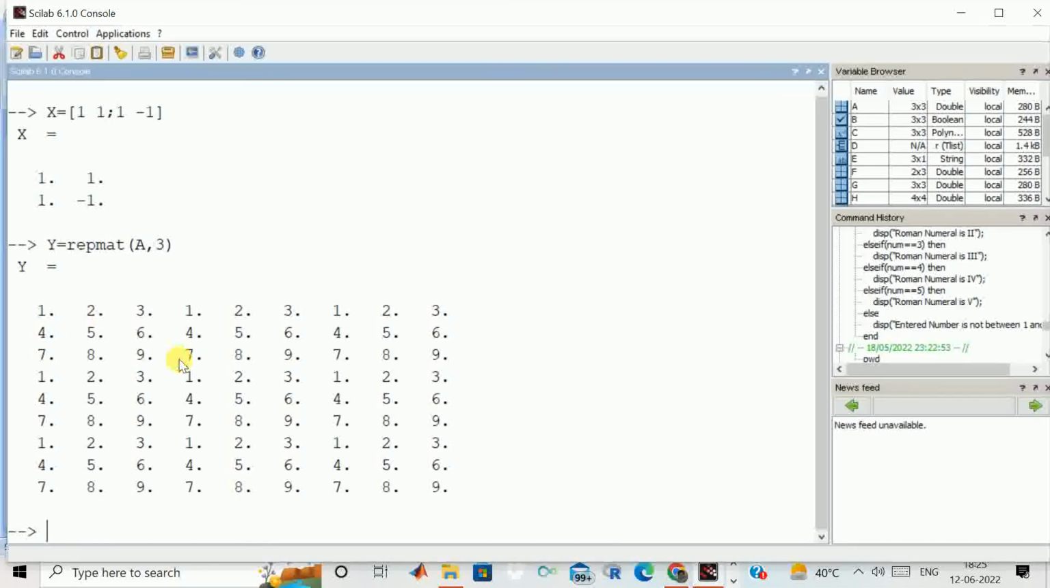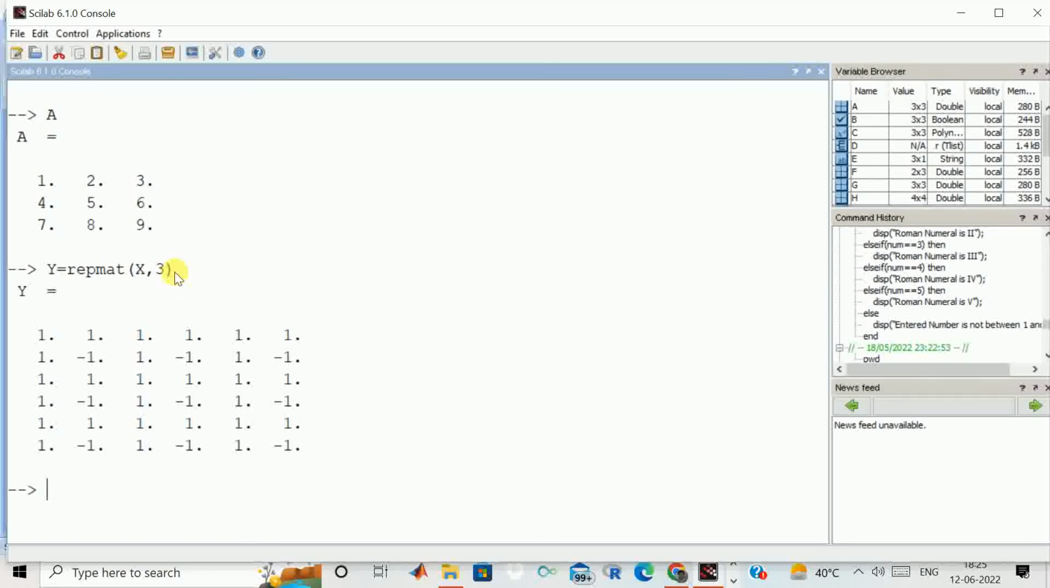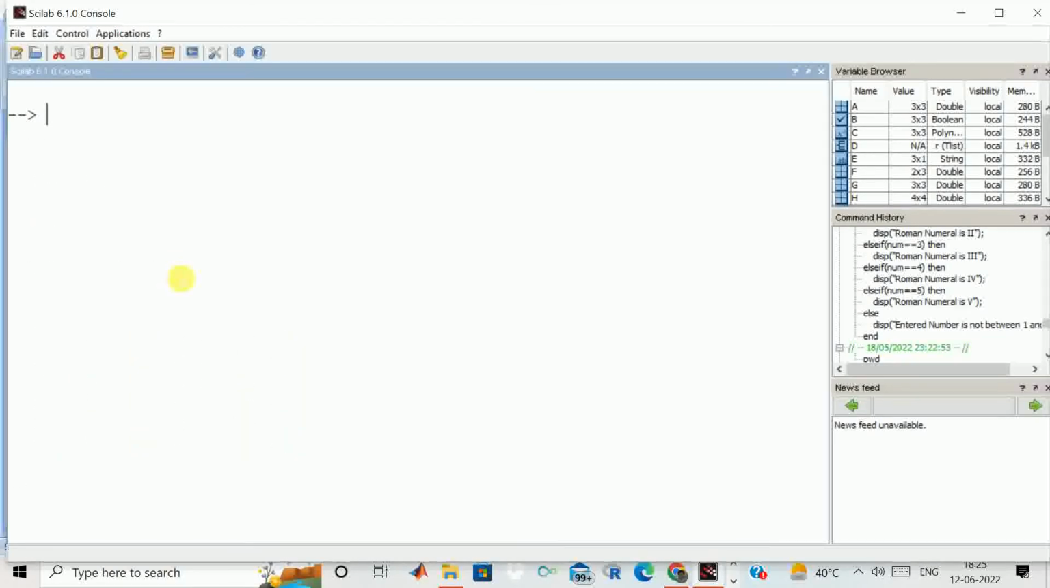oh, it's not showing. A is this, and then I have to write, no, this is not A, I have to write X over here. Okay, we had another matrix, here we generated X as a matrix. I'll show you again. So we have this X matrix and I want to repeat it. So you see